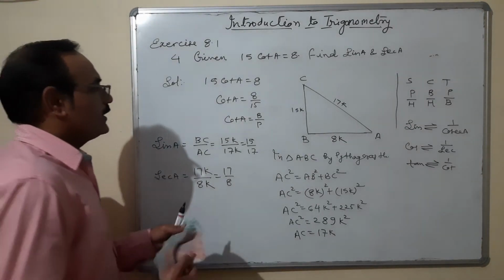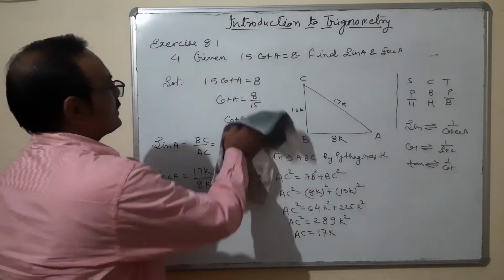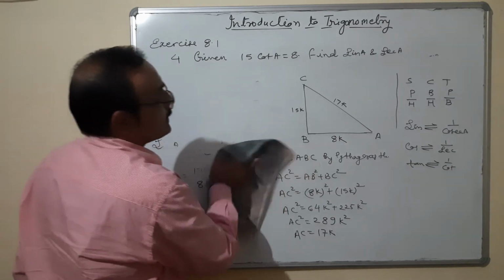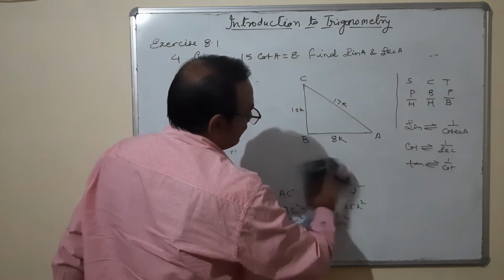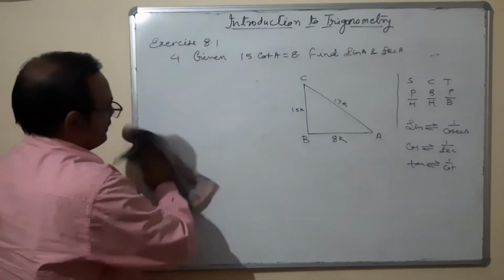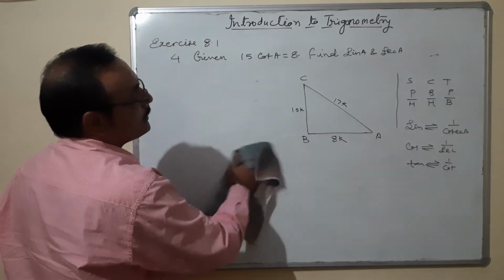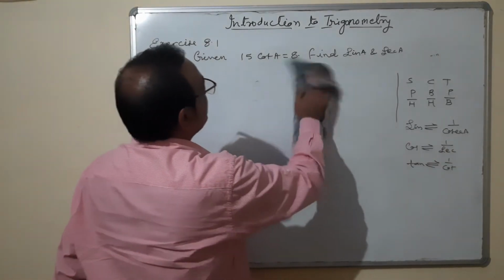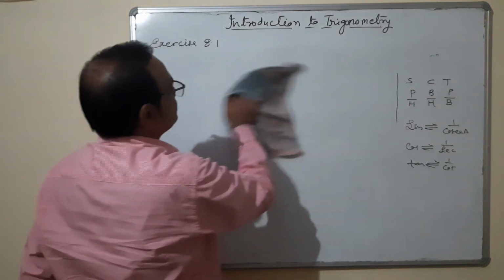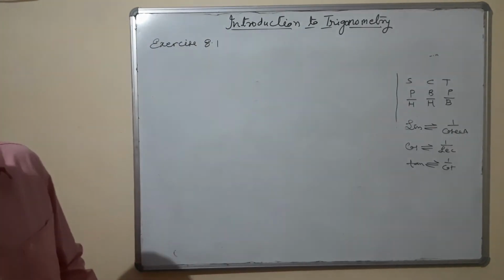Whenever any value of sine, cos, tan, sec, cosec is given in the form of a ratio, we always consider it as a multiple of k. When we are finding the ratio, the k will not be used because k and k cancel. But when we are finding the third value, this ratio is required.